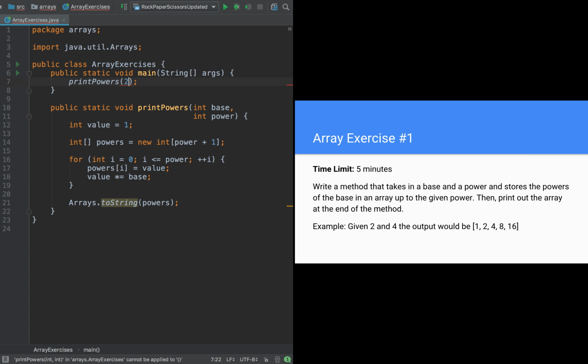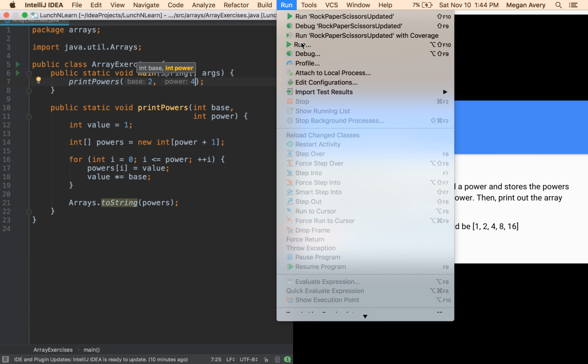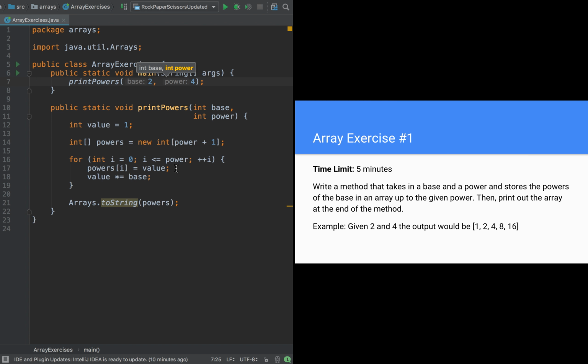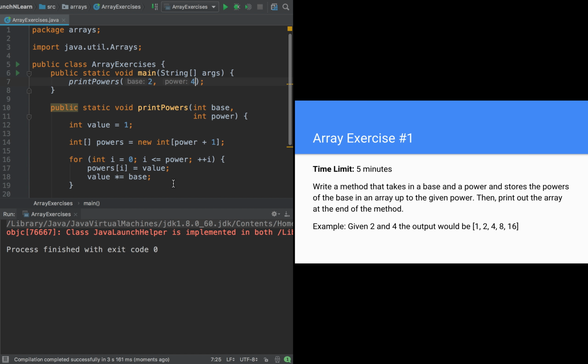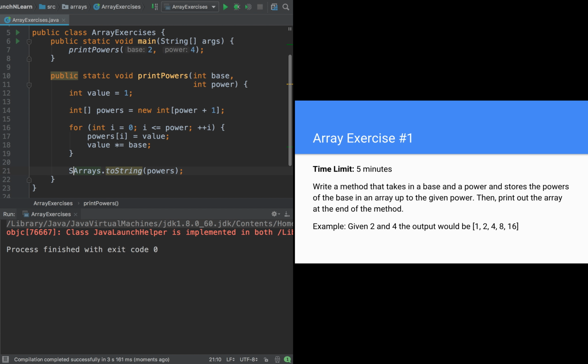Now let's test this. 2, 4. Run ArrayExercises. Oh, silly me, I forgot to print this. System.out.println(Arrays.toString